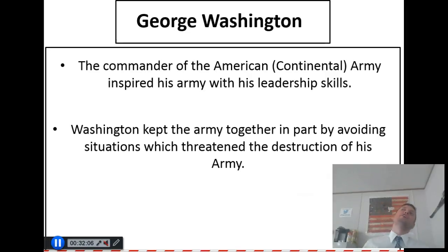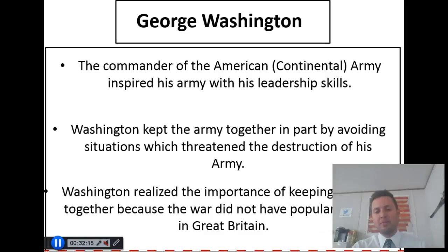He knew you had to keep the clock ticking, because the war did not have popular support in Great Britain. Washington realized the importance of keeping his army together because the war did not have popular support in Great Britain. Great Britain didn't want to fight a war against their own people. There was much controversy about it. So as long as you keep the war going and going, the British people will eventually